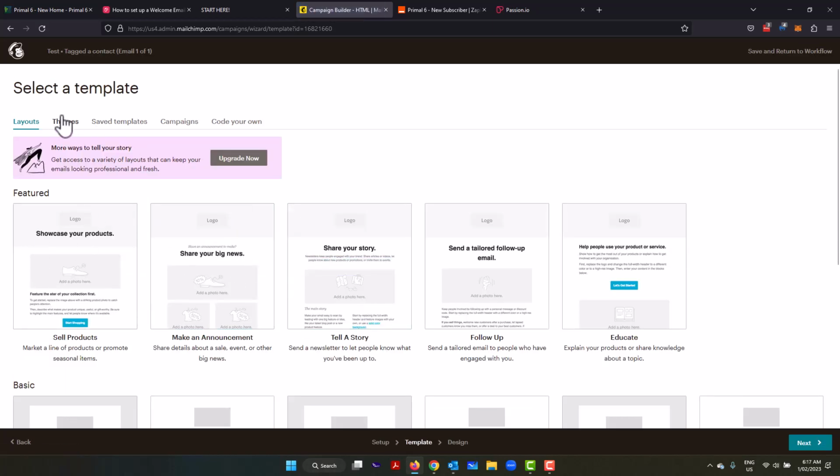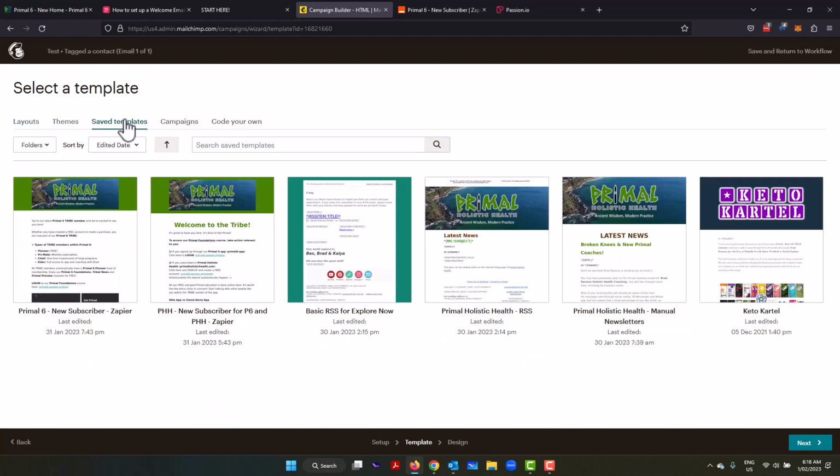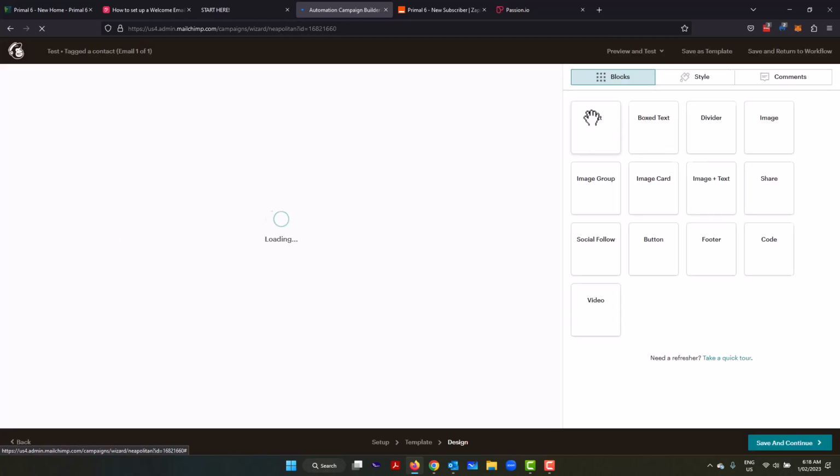Now you've got all of your featured layouts that you can choose: themes, save templates, campaigns. I'm going to go straight to save templates. So if you want to learn how to make your own Mailchimp newsletter, if you've never done it before, then I'll leave that to you. Go to YouTube and search Mailchimp email for dummies. But you'll see here with mine, I've created the newsletter that you saw that was received